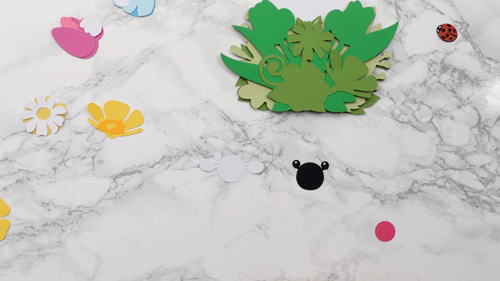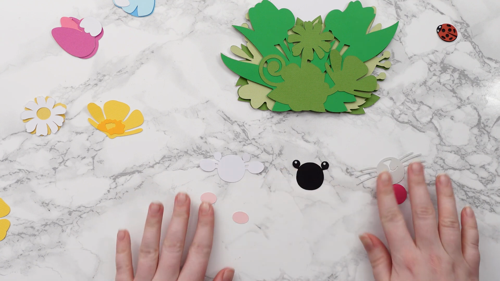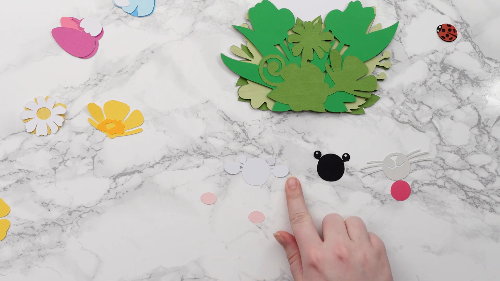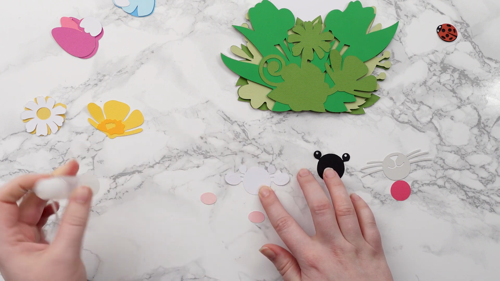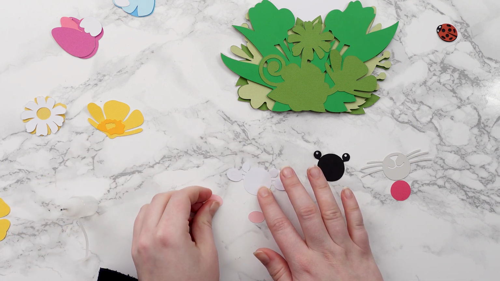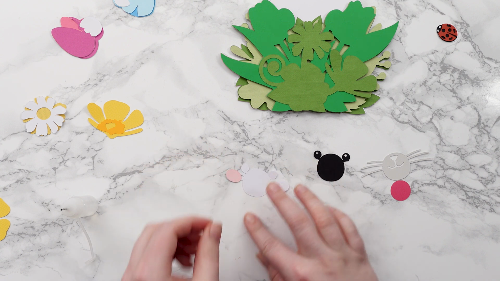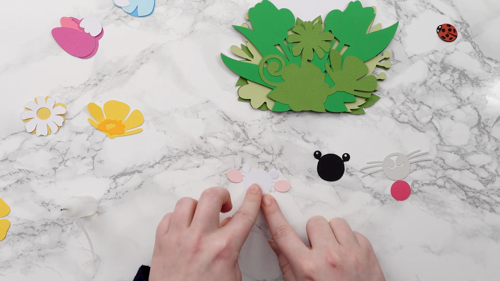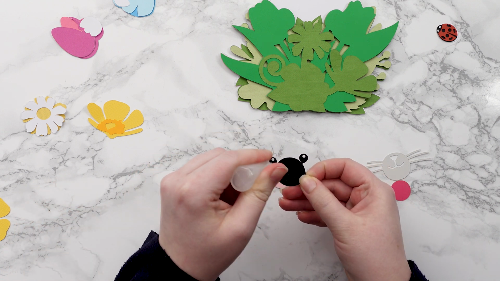Okay. Right, we'll start by gluing the little pink cheeks onto the very bottom white layer, which makes up the face. They're quite small, so be careful. There. Then next we've got the blacks of the eyes. These are all going to be glued.